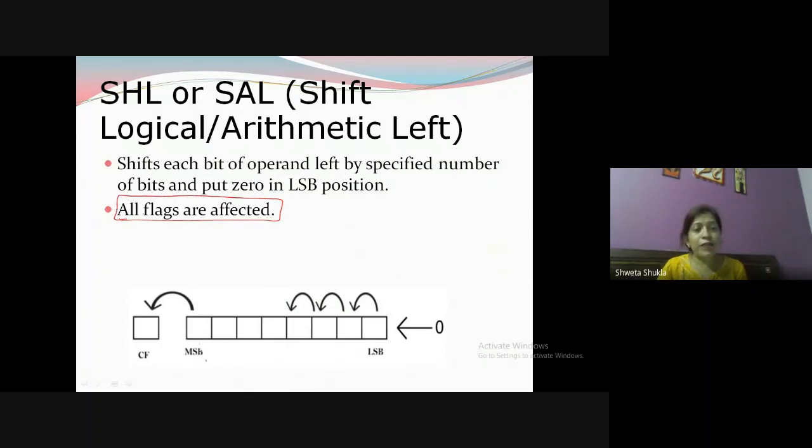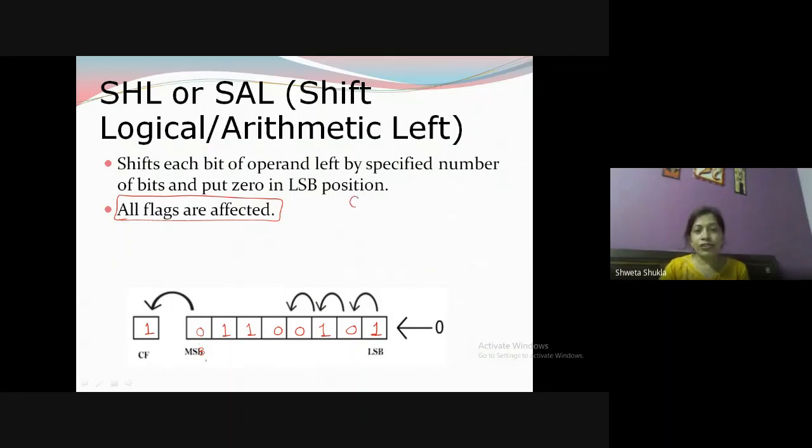Second thing, you have to make sure how you will shift the bits here. First of all, let's see how you will do it. This is the MSB. Let us suppose we have the values as 1, 0, 0, 1, 1, 0, 0, 1, 0, 1. And let us suppose we have the carry flag as 1 here. I'm just taking the opposite so that you can check the changes. So if initially the carry flag has 1, what is going to happen?